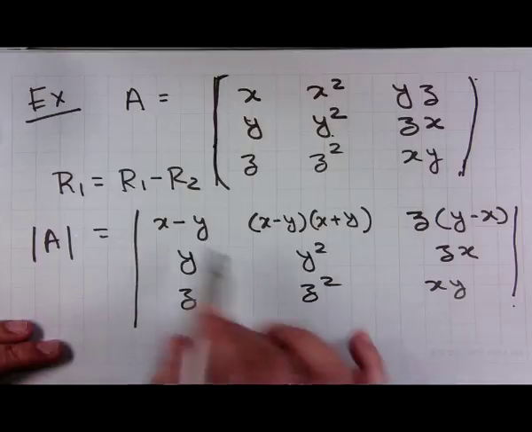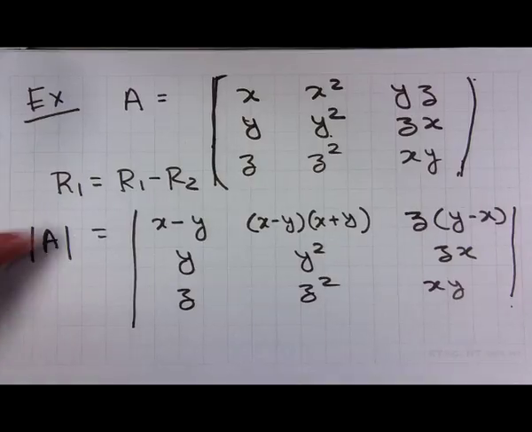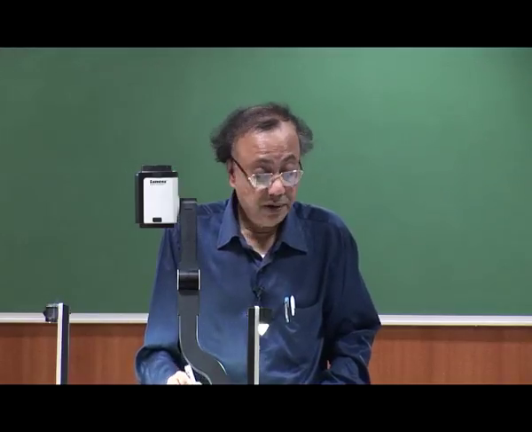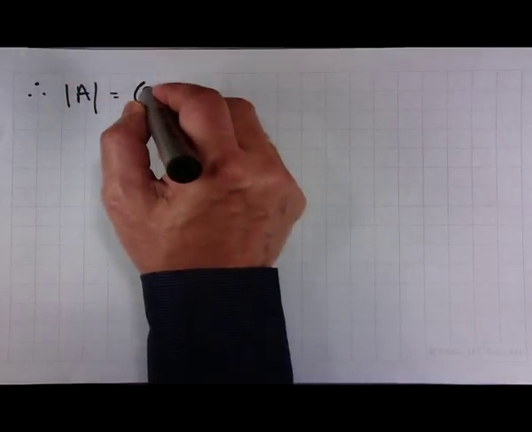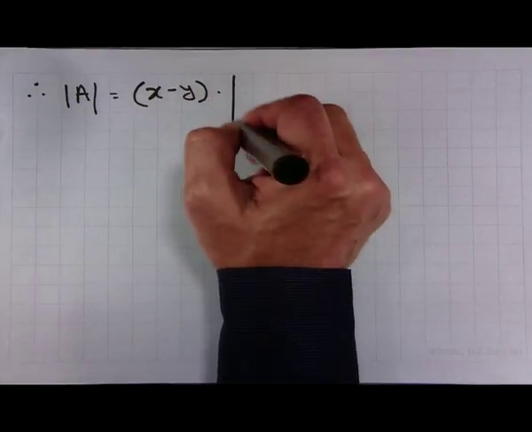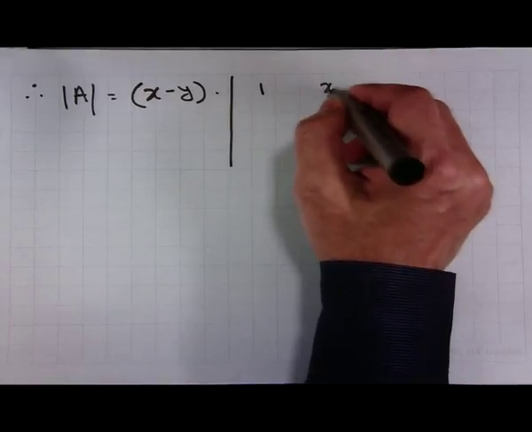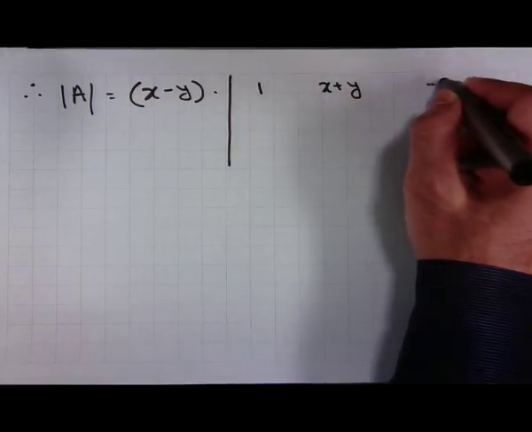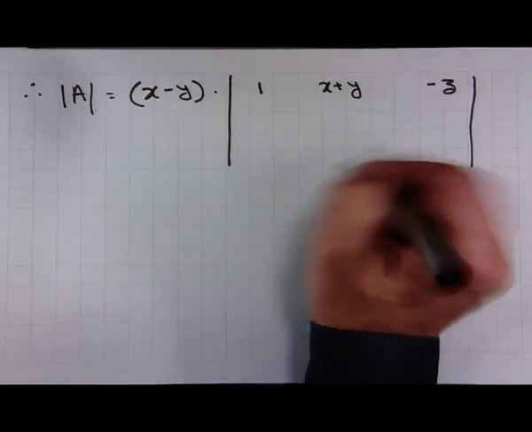Now, we can see that we can take x minus y to be common from row 1. Therefore, determinant of A is equal to x minus y into determinant of 1 x plus y minus z, because the term there was y minus x, so a minus sign will come,